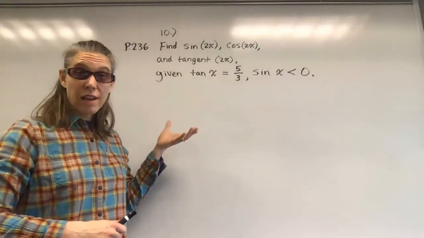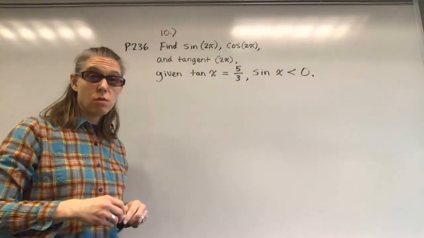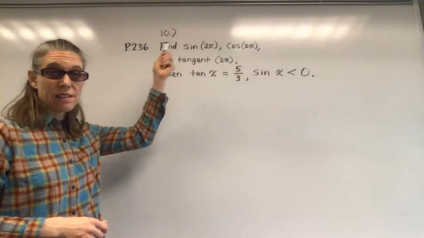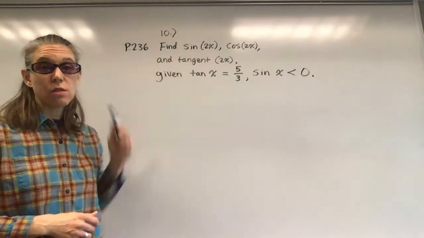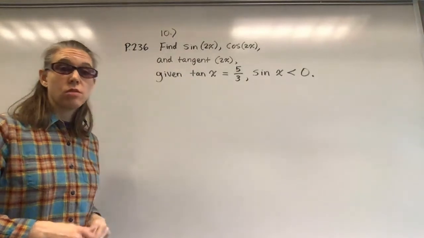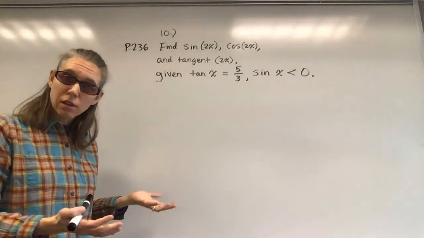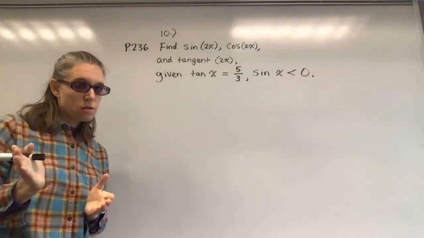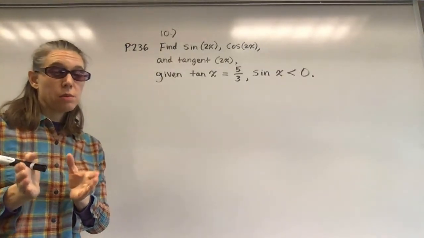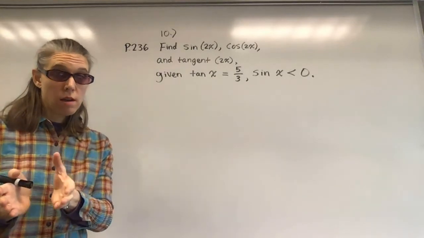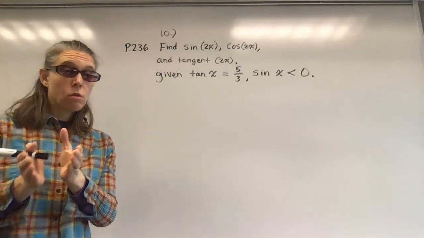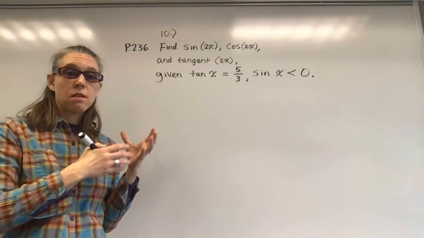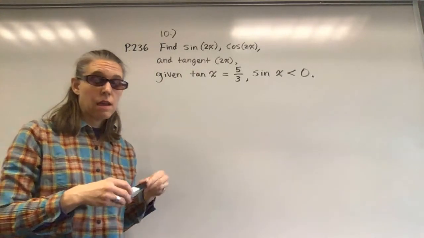So this is a variation of number 10 from page 236. The actual problem only asks us to find the sine of 2x and the cosine of 2x, but I added the tangent of 2x so that we could learn a little bit more. So what we would do here is we have two options. We can either go with the explanation in example 1 of 5.5, or we can go with the explanation that is presented in the video from MyOpenMath,